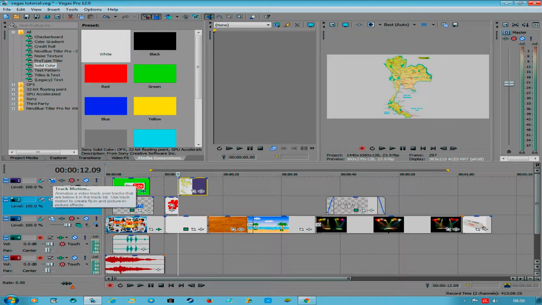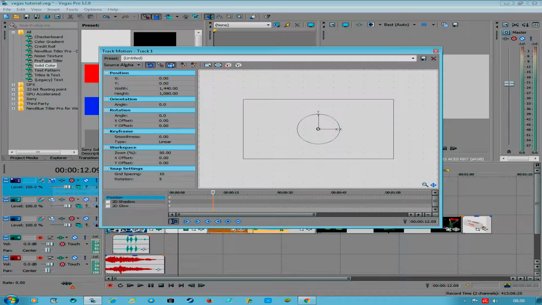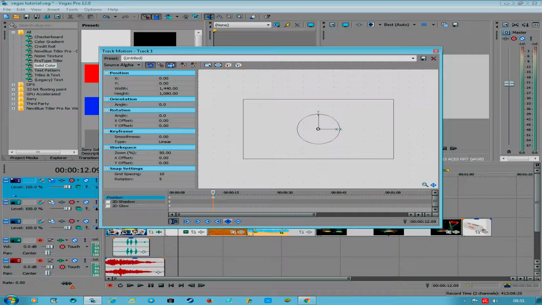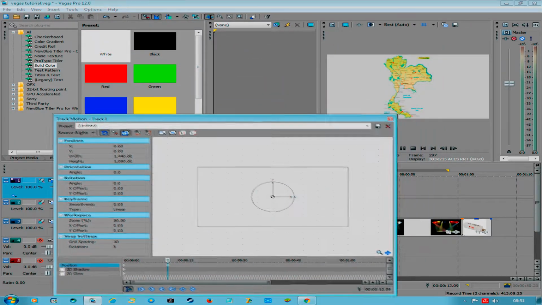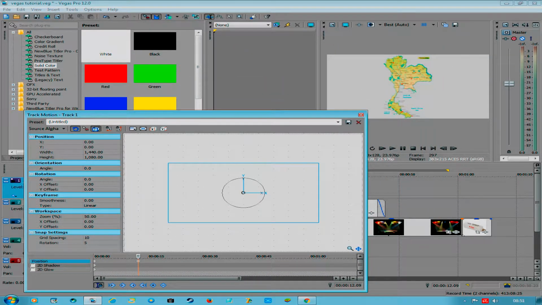So we're going to use the track motion this time. So click on the track motion. Exactly the same feature. Now before we start, this is where we put the cursor. So we're going to click the plus sign just to save the position and all of the information. Now we're going to use this box here and zoom in using this box. First of all, we need to go to the end of the